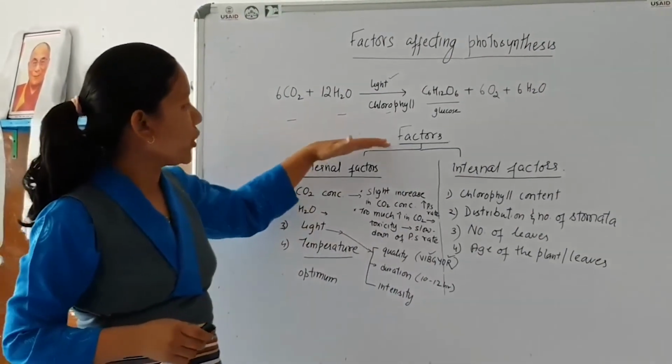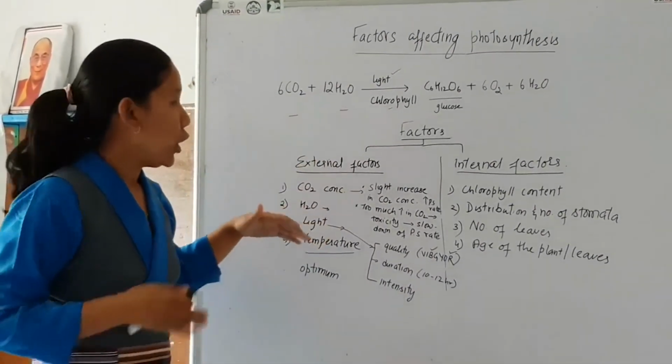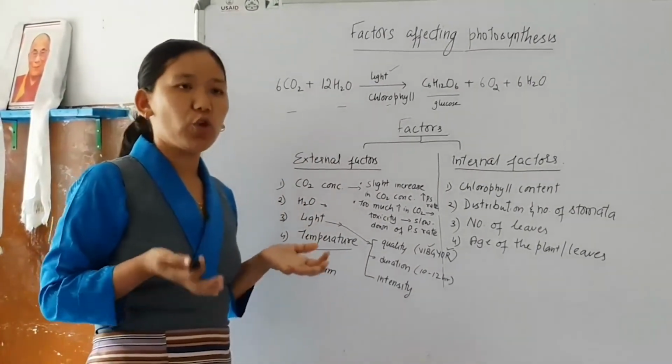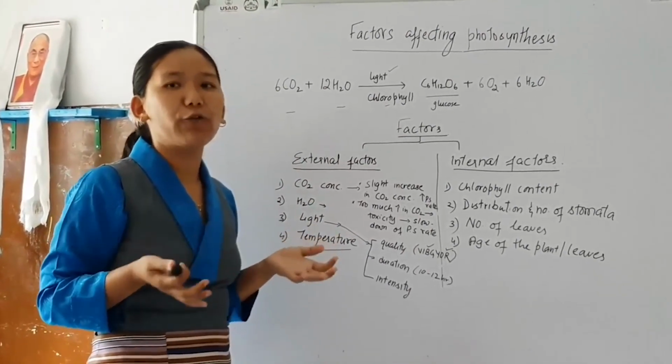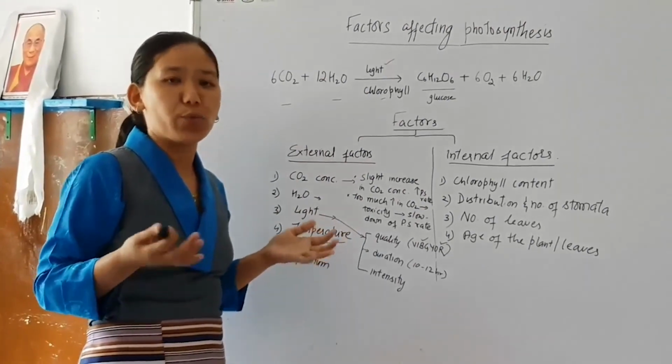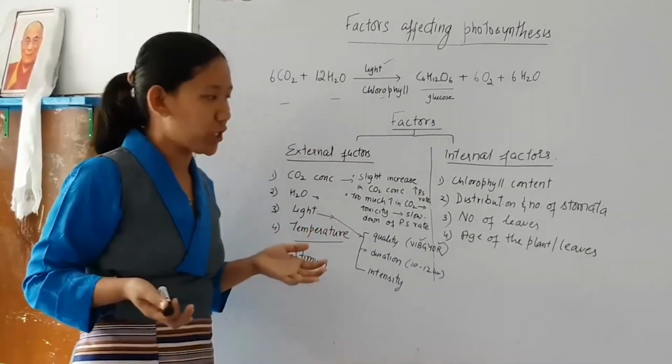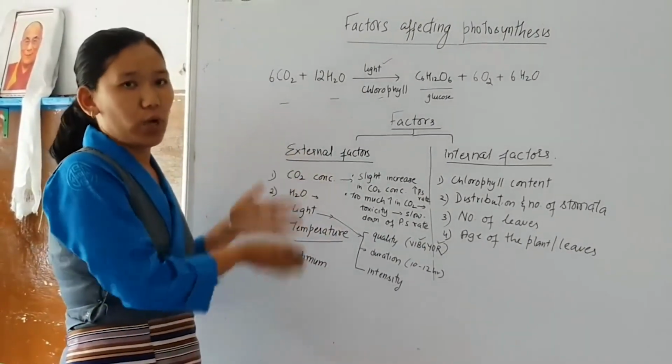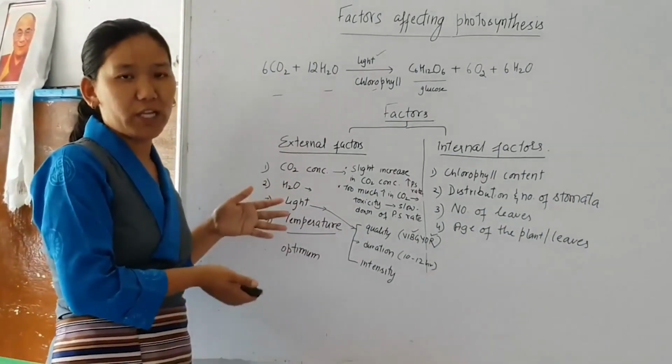Once you know the factors, you can adjust them so as to get maximum yield from your plant, from your tree or whatever agricultural products. For agricultural production, you can manipulate the requirement according to the